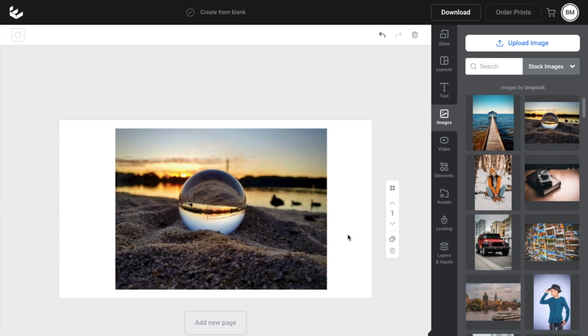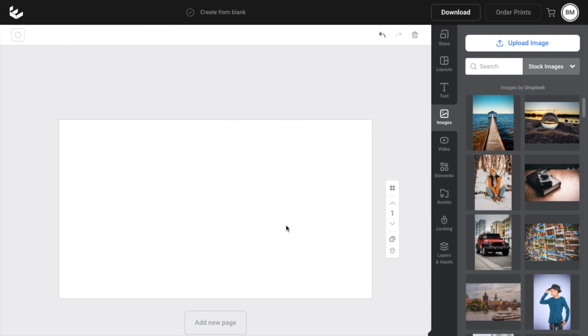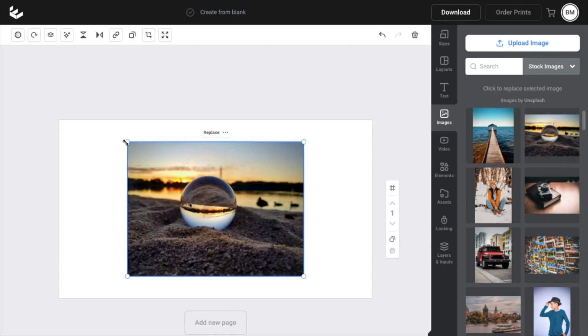But if you want to delete this photo, the simplest way to do that is to just press on the photo, go to your keyboard, and then press delete. It's that easy. But for whatever reason, if your delete button's not working, or whatever, you want to delete it